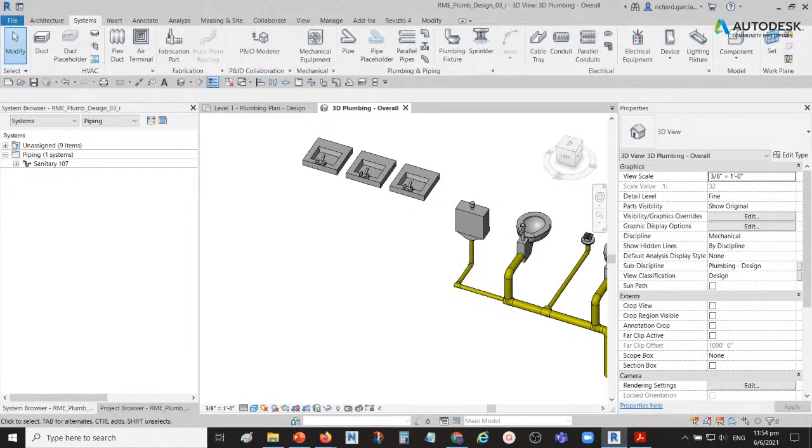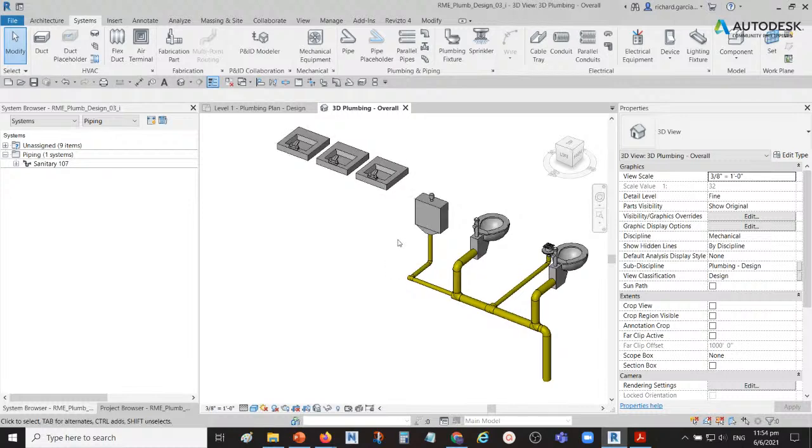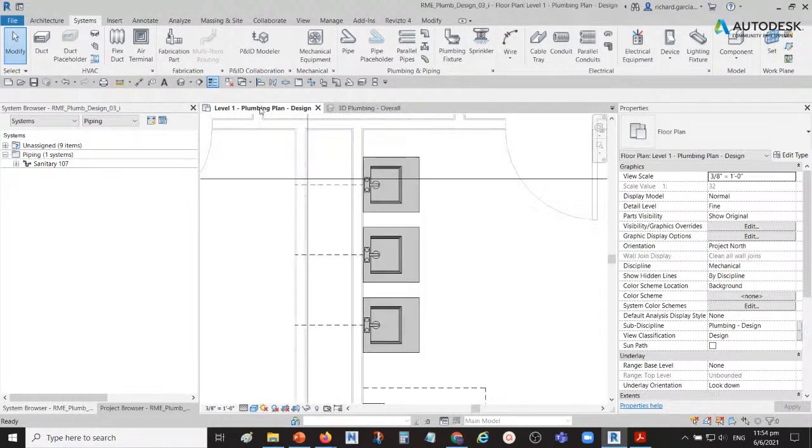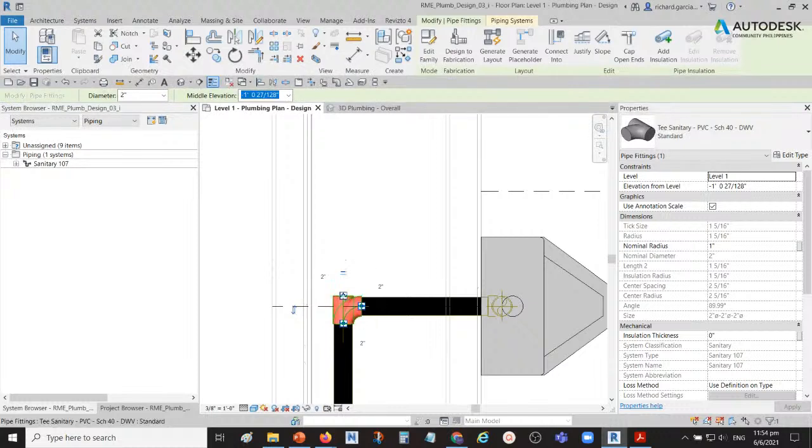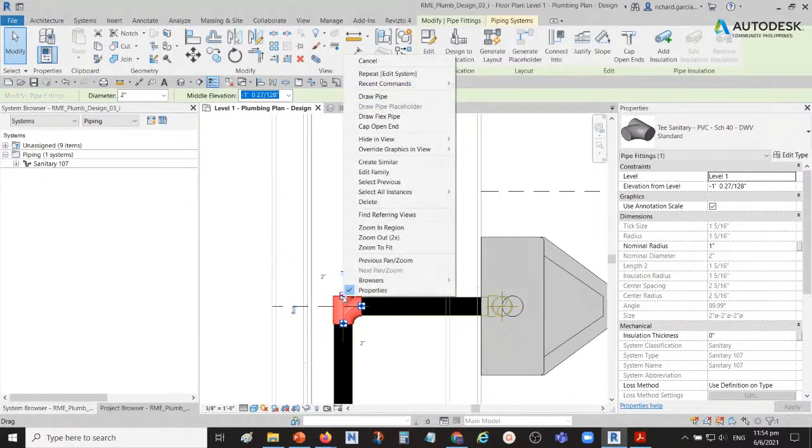Okay, then after that, the next thing that you can do is create your piping in the floor plan or in your 3D view. You can do that in 3D view or you can also do that in the plan view. If you want to do that in the plan view, just go there on the plan view and then you click that T fitting and then you right click that node there. You right click and then you can see here draw pipe. Okay, so you click draw pipe